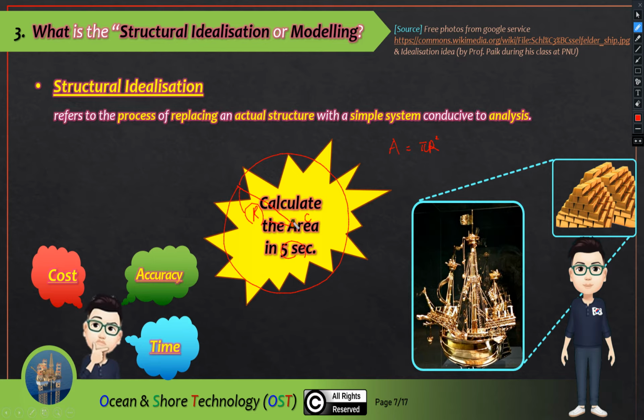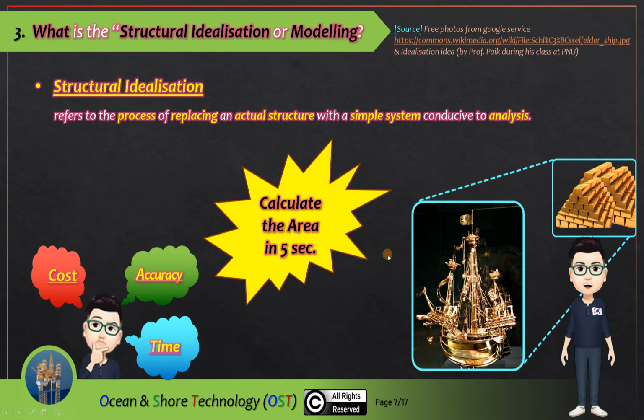And within 5 seconds, this way we can provide the solution to the client. Of course, we would not say that this is the perfect solution, but within these criteria, 5 seconds, this might be considered a relatively nice solution, isn't it? So it is like this. This is one of the modeling techniques, or the simplification way. And all the time we engineers, again, we should be able to provide effective, cost-effective solutions like accuracy, time,